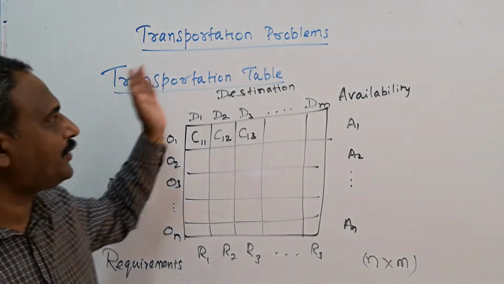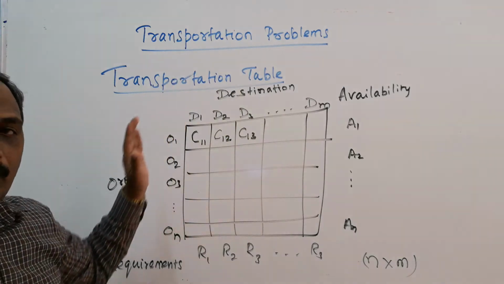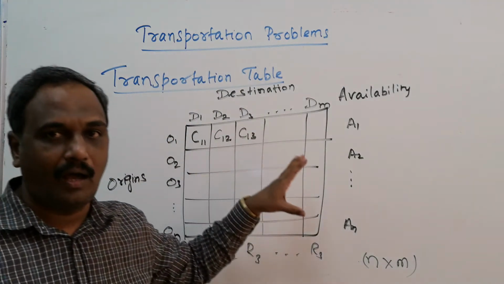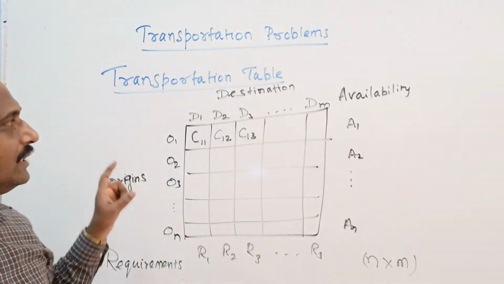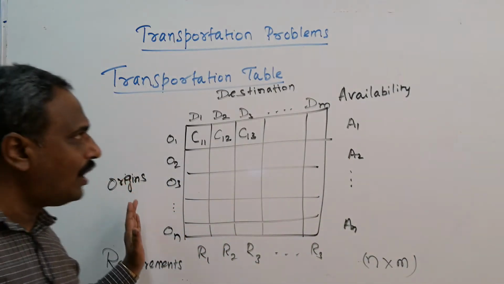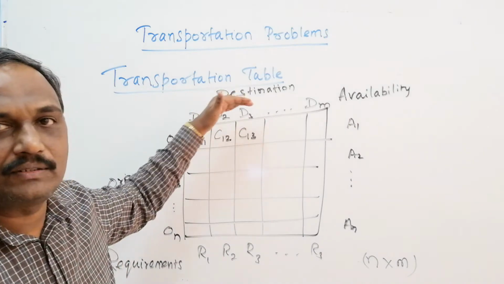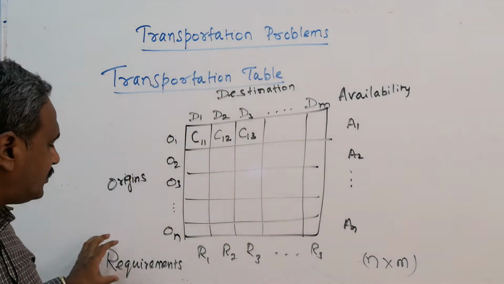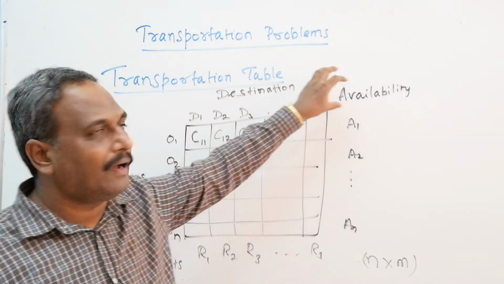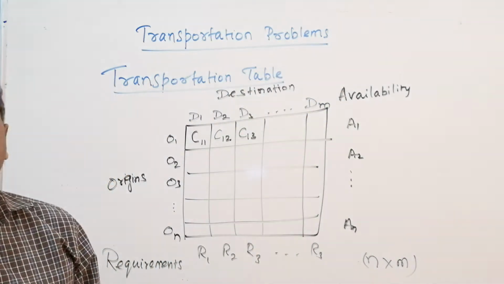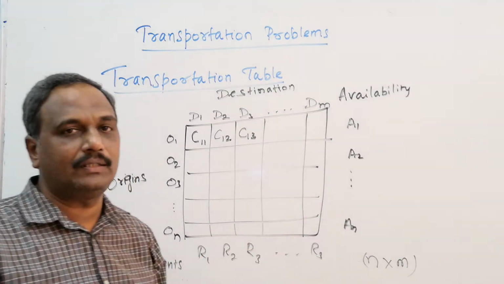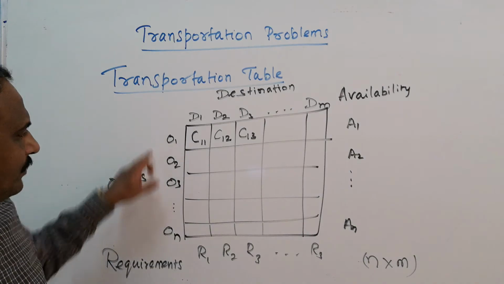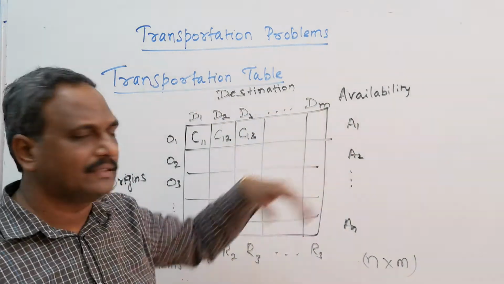Using this transportation table, we are going to identify the minimum transportation cost to transport the single commodity from one origin to one destination. We are going to check the requirement and the availability, and transport the item from one place to another. For your comfort, let me give you one example. Teacher, we could not understand what you mean by this.